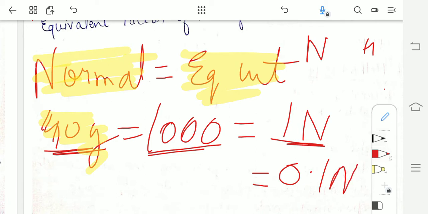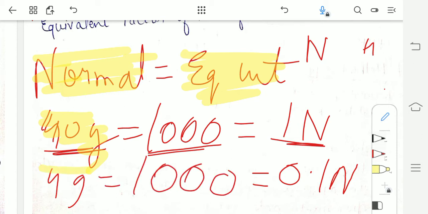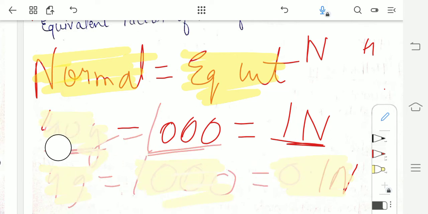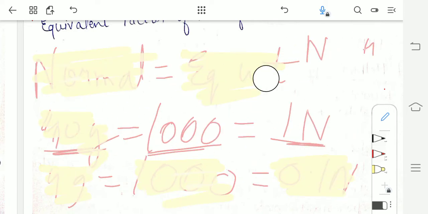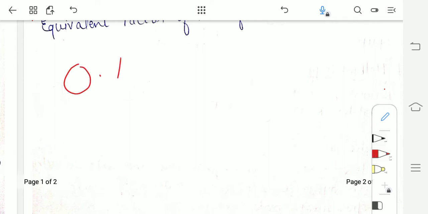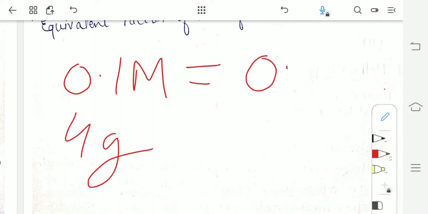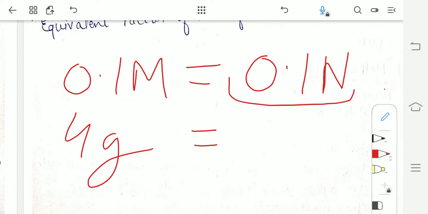from the calculation it is very simple that the amount of NaOH we will need will be 4 grams. This means that when we dissolve 4 gram of NaOH in 1000 ml of distilled water, the solution we get will have strength 0.1 normal. Now if you recall what we did a few minutes ago, when we prepared 0.1 molar solution, the amount of NaOH we needed to dissolve in 1000 ml of distilled water was also 4 grams, and now for 0.1 normal solution it is again 4 grams in 1000 ml of distilled water.